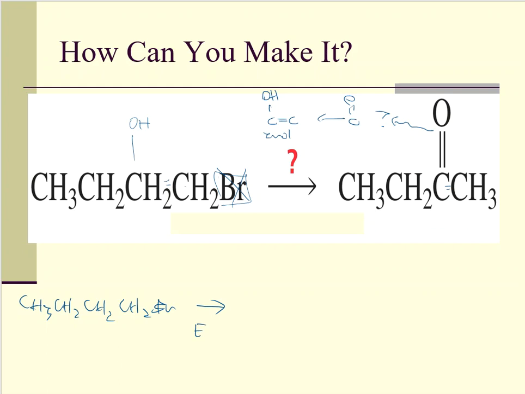One, I choose a very strong base maybe, right? Something that can get in there and easily rip things out. So let's do like an OH group. There's a strong base. And then in addition to that, we also want to encourage a little bit of heat. That way this system will for sure go in and rip a hydrogen off to create a double bond. So in this scenario, we have this alkyl halide, and this OH group is going to come into the